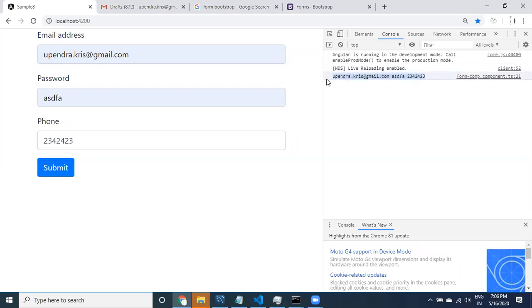So whatever data the user has entered is coming into this particular console. And one more thing, of course, this is not the final thing. I really want to tell you the concept of template reference variable and how you can use it, which is very, very important.